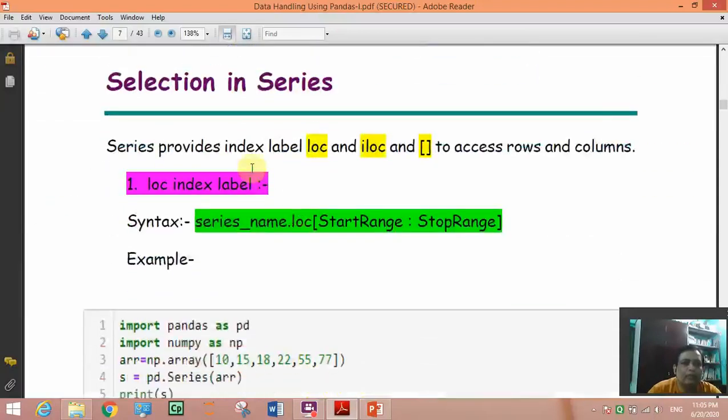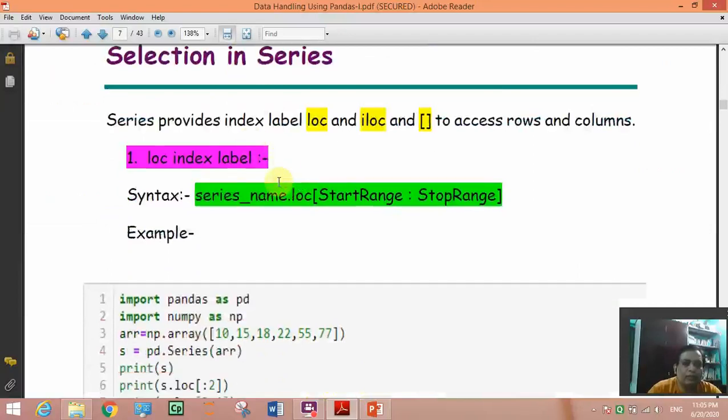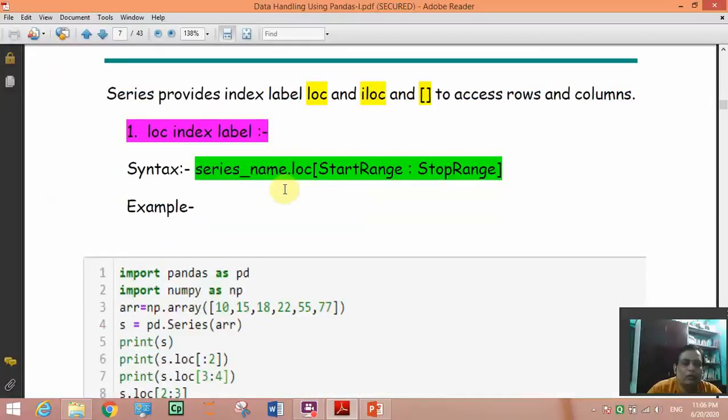Now selection in series. Selection in series means a series is a range, and from that you want to select a subset of elements, like the third element to the 10th element you want. You don't want the first and second element, and you don't want to select elements after the 10th element.